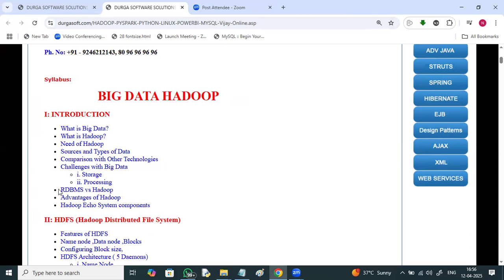Okay. So DBMS, that is RDBMS, comparison with Hadoop, advantage of Hadoop over RDBMS. What are the drawbacks with RDBMS? Why is it going with a special kind of file system, like the Hadoop Distributed File System? It is going with a kind of file system called